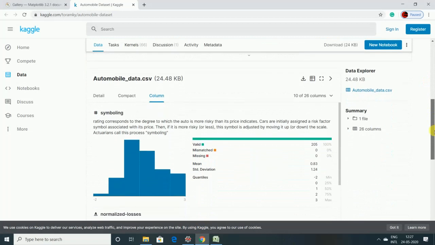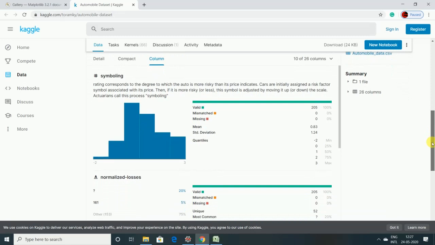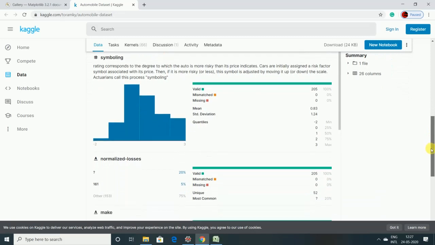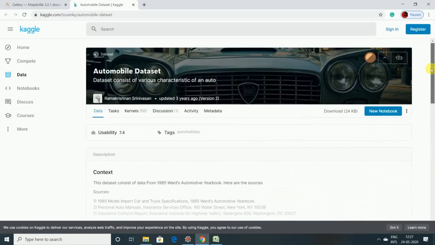We have 26 columns, that is 26 attributes, and 201 instances in this particular dataset. Okay. So based on this dataset, we will see how we can visualize the data.